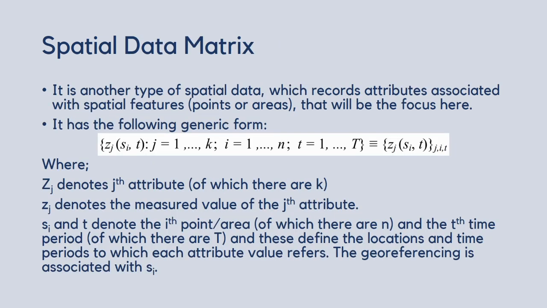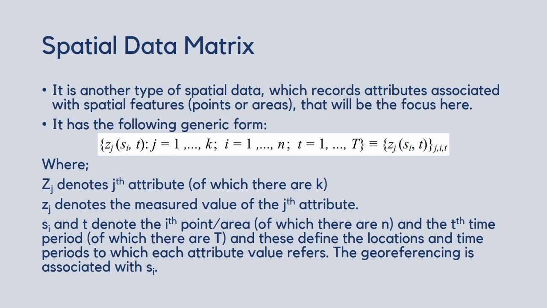Okay, so there is another type of spatial data which records the attributes associated with spatial features, which can be points or areas, and that will be the focus here. So it has the following generic form, as you can see here, where capital Z_j denotes the j-th attribute, of which there are K, and the lowercase z_j denotes the measured value of the j-th attribute, and